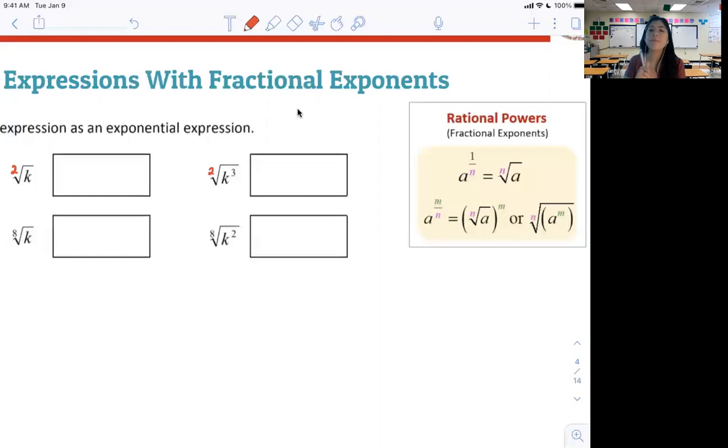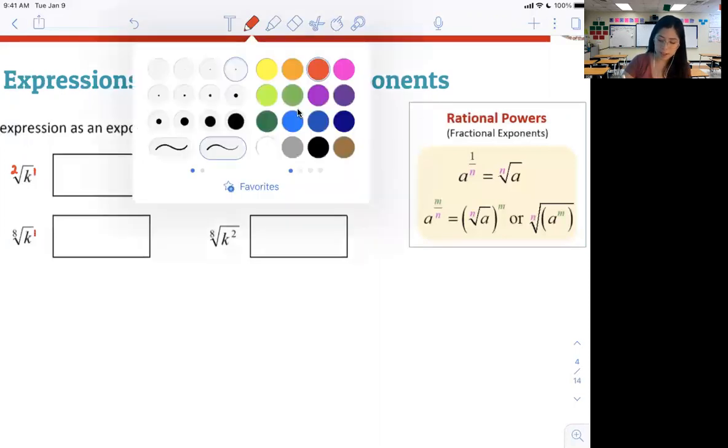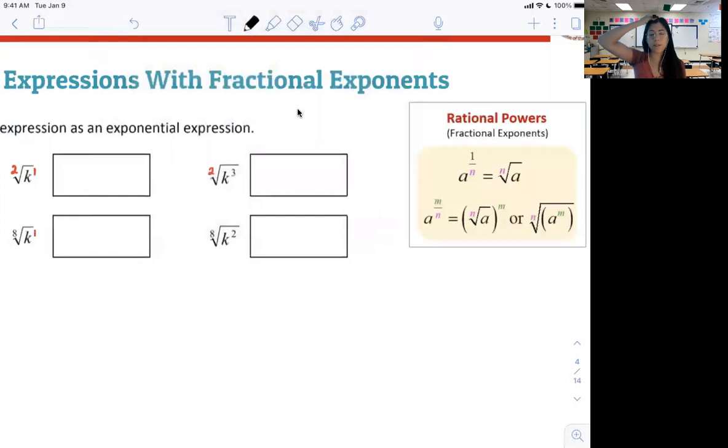Is it 1? Yeah, it's 1. Okay, so both of those, technically, they have a little invisible 1, and that's going to help us to rewrite these values. I'm going to do the first one as an example, and then all the rest of them, I'm going to ask for volunteers to annotate it. So starting with the first one,